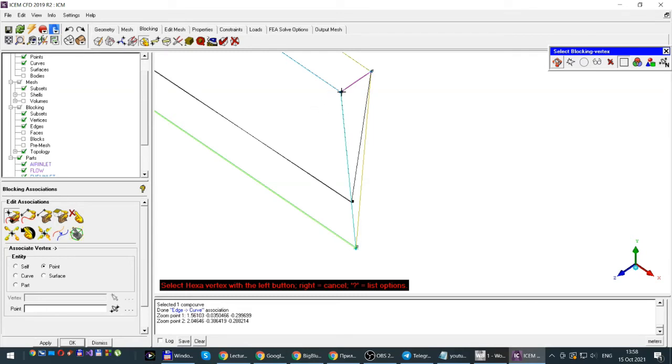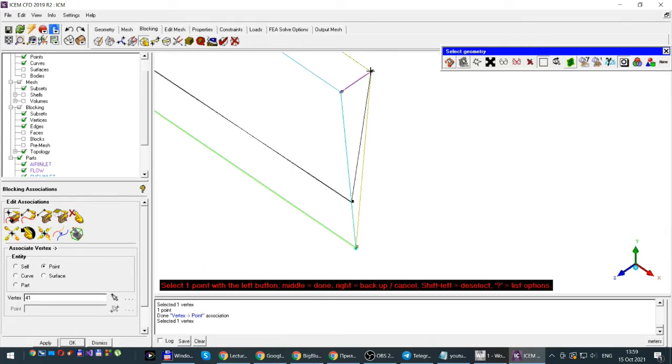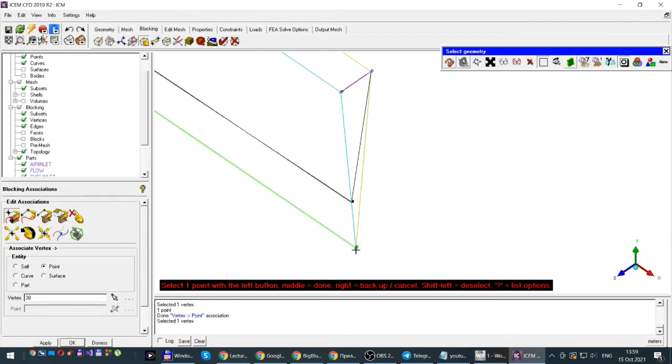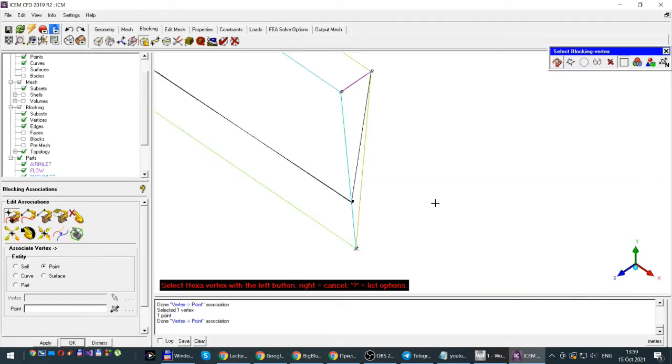So the first, this point, this vertex, this point. Now vertex, point, vertex, point. Okay, and now